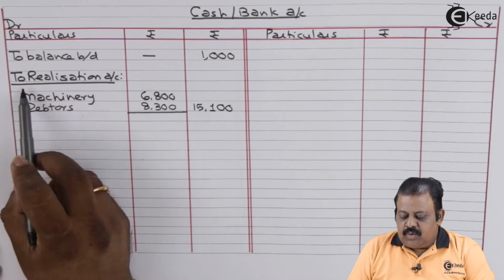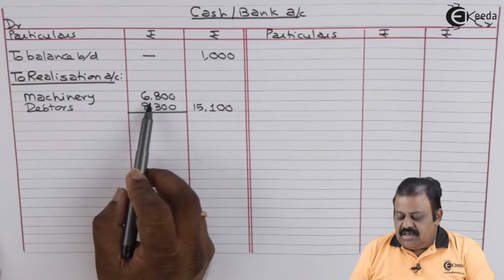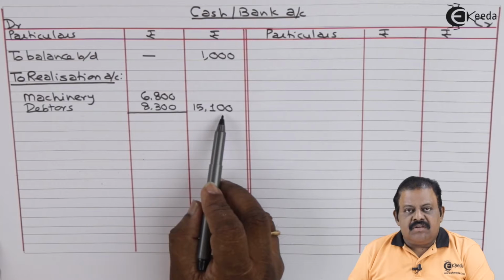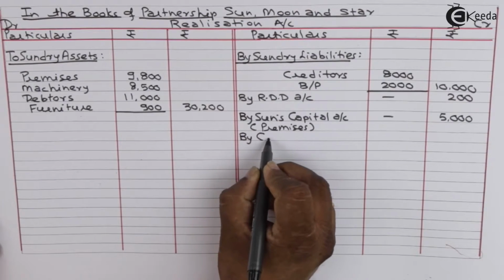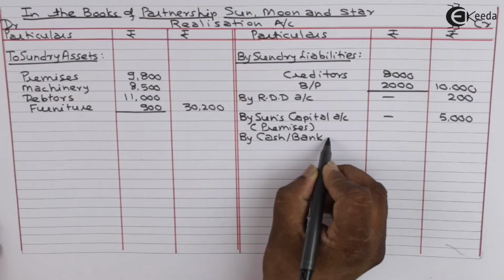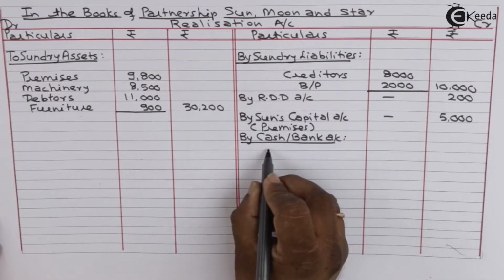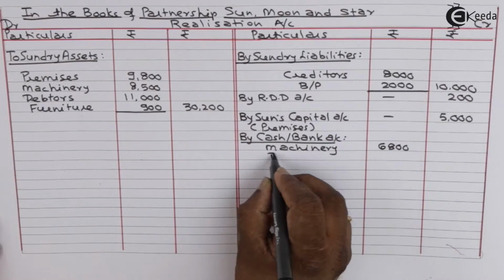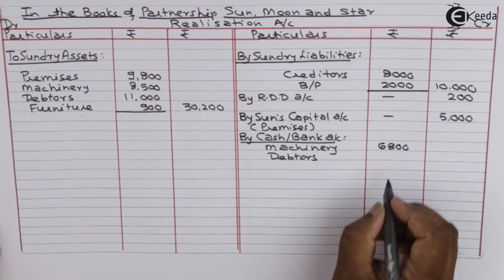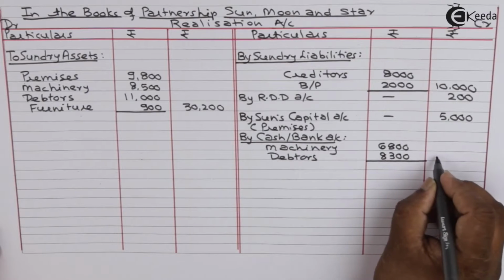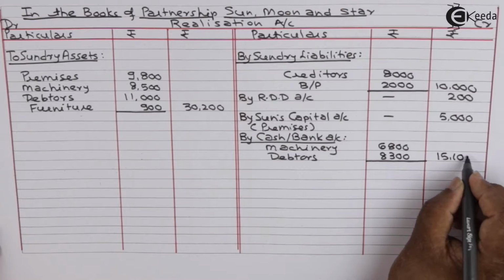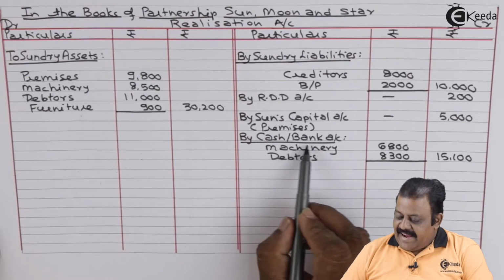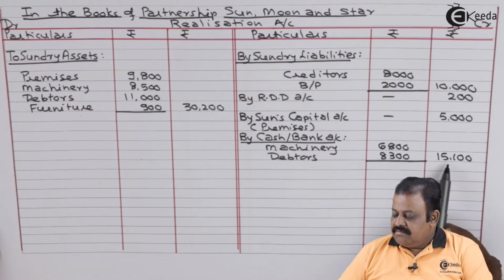Cash bank account debit side to realization account. Machinery realized 6,800, debtors 8,300, total 15,100. Realization account credit side, by cash bank, machinery sold, debtors realized, total amount